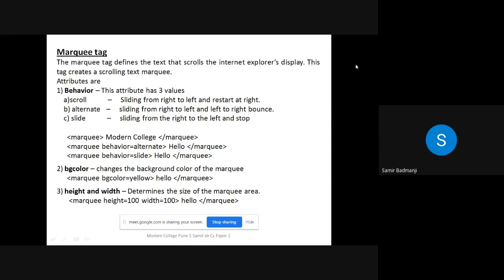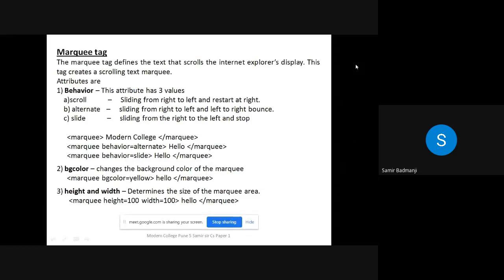Attributes of that tag. So today we are going to see the marquee tag first, and then we'll see some board examples related to the table tag and the OL UL tag. The marquee tag, like I had shown you two lectures before, is basically used for scrolling any text or image on the web page. So we'll just see the attributes.